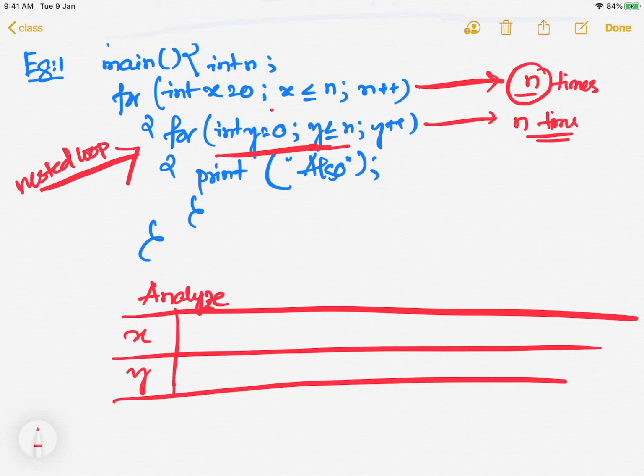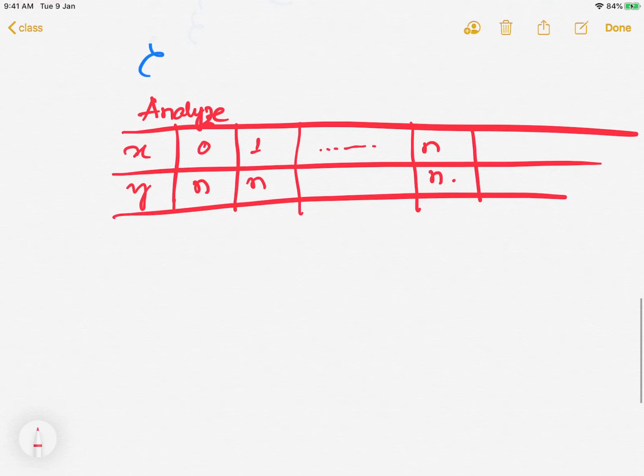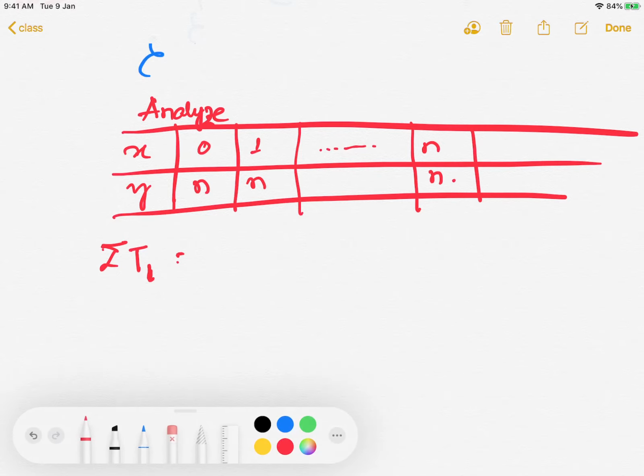For x equal to 0, y will run for n times. For x equal to 1, y will run for n times. And so on. For x equal to n, it will run for n times. So the summation of time is equal to